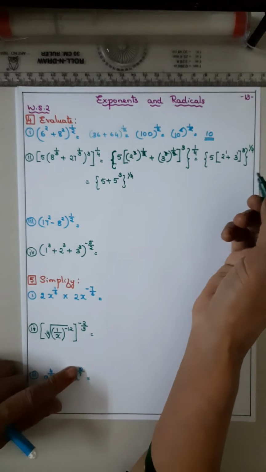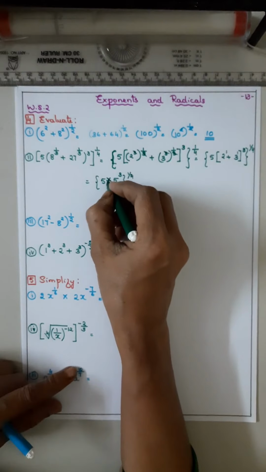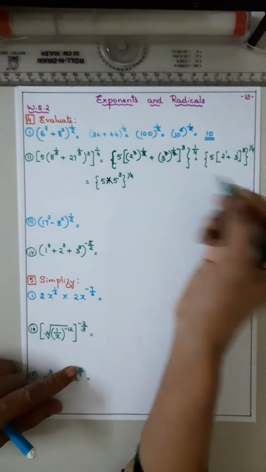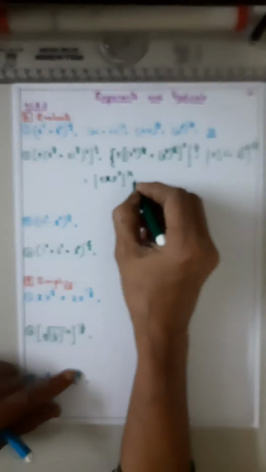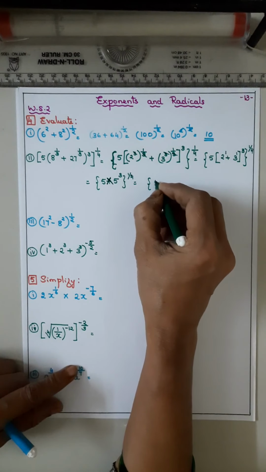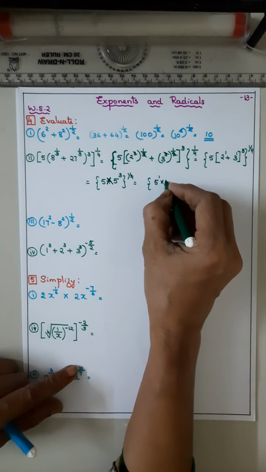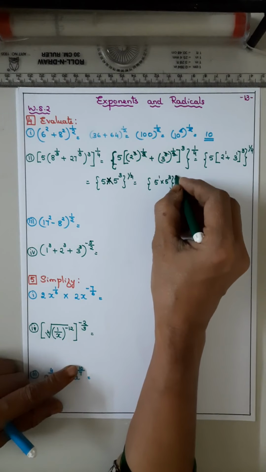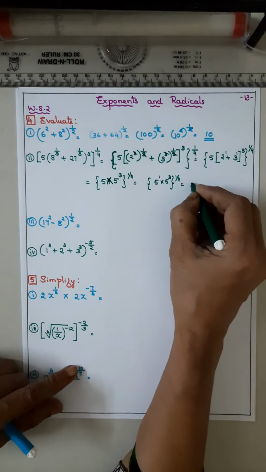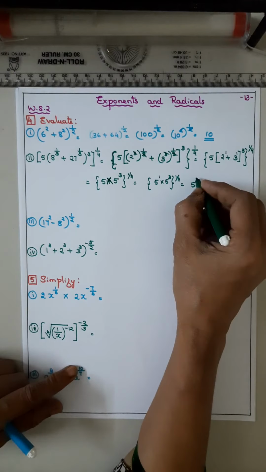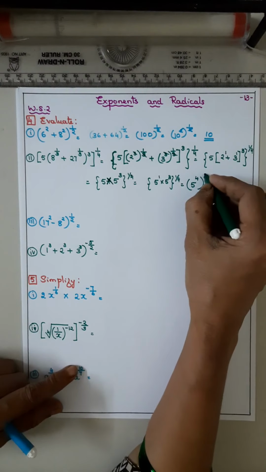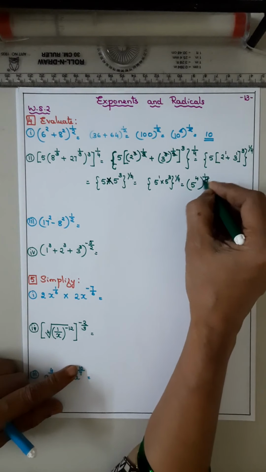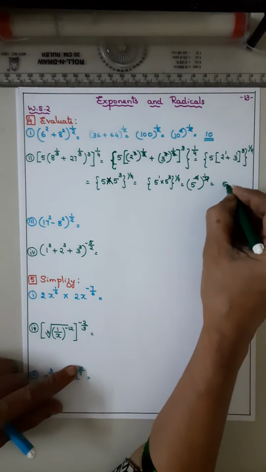Okay. Now, sorry, here it will be a multiplication sign, isn't it? 5 into 5 cube. Now when you multiply, this power is how much? 1. So it will be 5 to the power 1 into 5 to the power 3, and 1 by 4. That means what? When the bases are same, in multiplication you have to add the powers. 1 by 4. This 4 gets cancelled. The answer is 5.